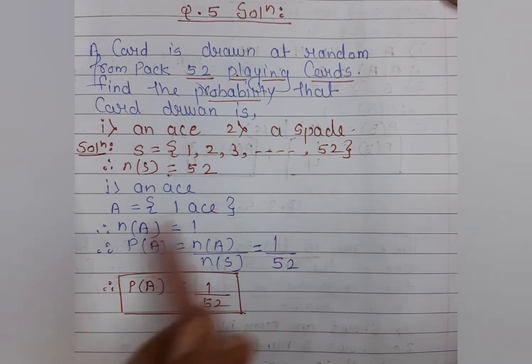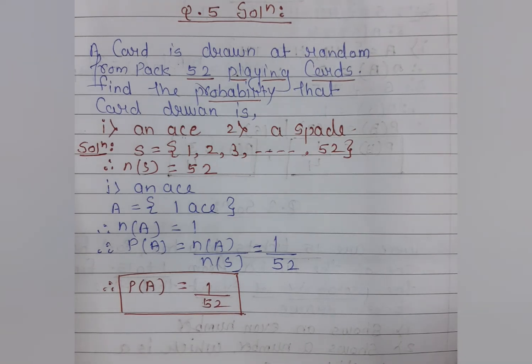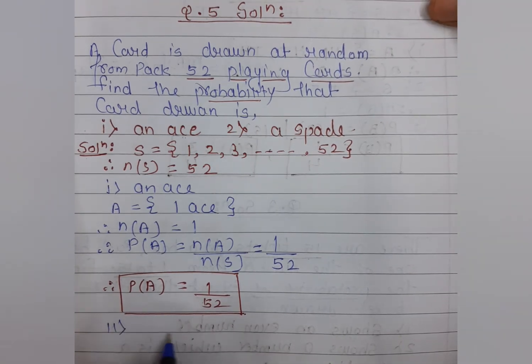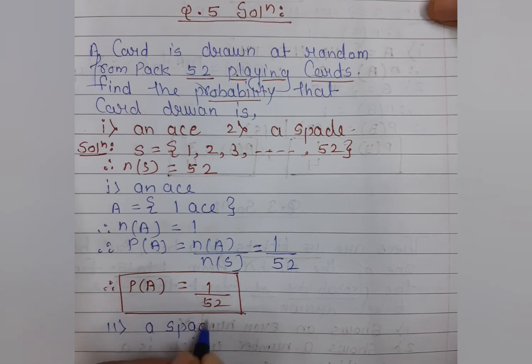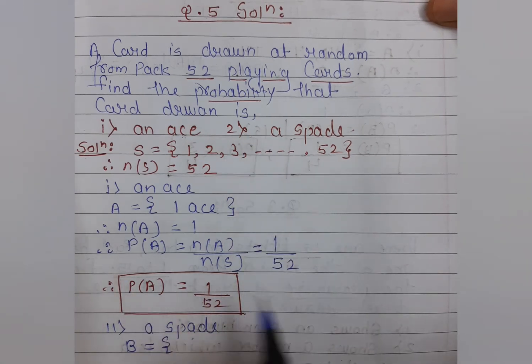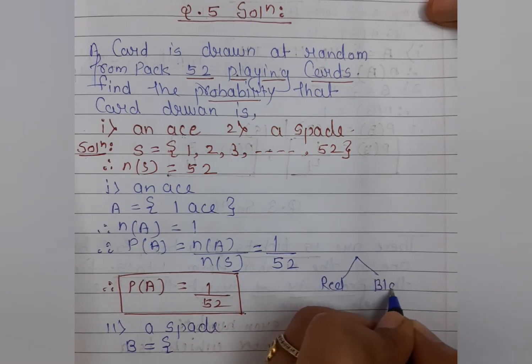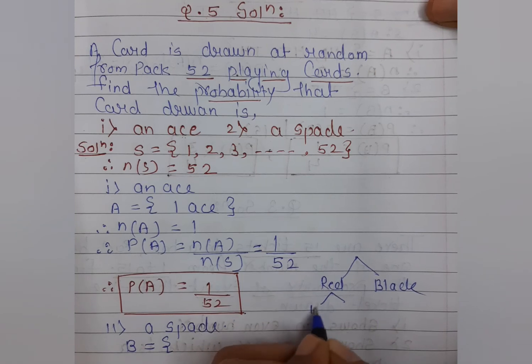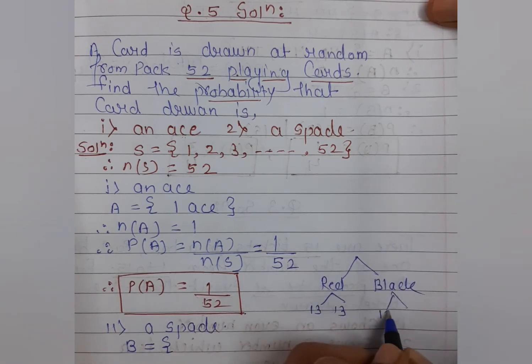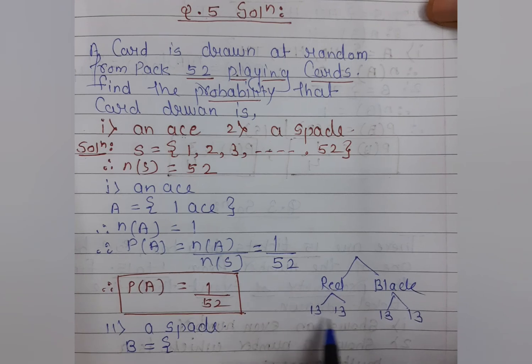Let us switch to the second condition, and the second condition is here, students, that is a spade, and spade having the condition, let us consider that as B. So here in the B condition, students, we have spade, and as you know very well, students, the spade is nothing but the 52 cards are divided into red and black. And as you know, students, the red and black are again divided into 13 and 13. As you know very well from the previous condition, students. So here we have the 13 number condition. So 13 numbers represent spade here.